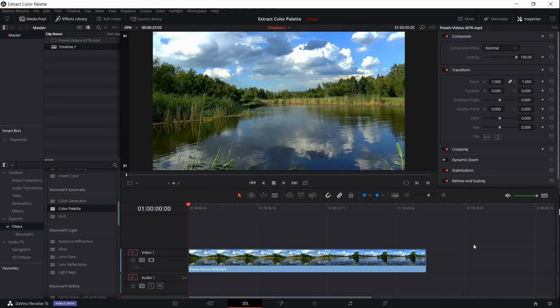Hello everybody, Chris here, and in this video I want to show you guys how we can extract a color palette from a video inside of DaVinci Resolve 16 and to use that color palette in other programs such as